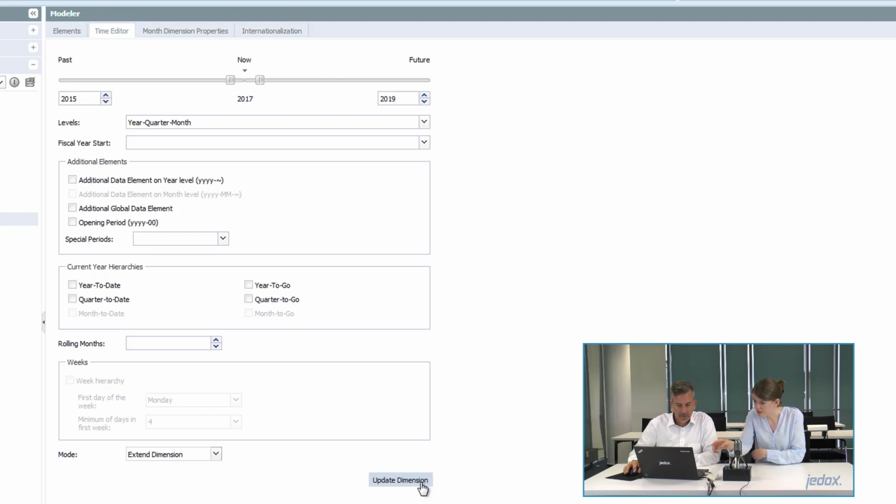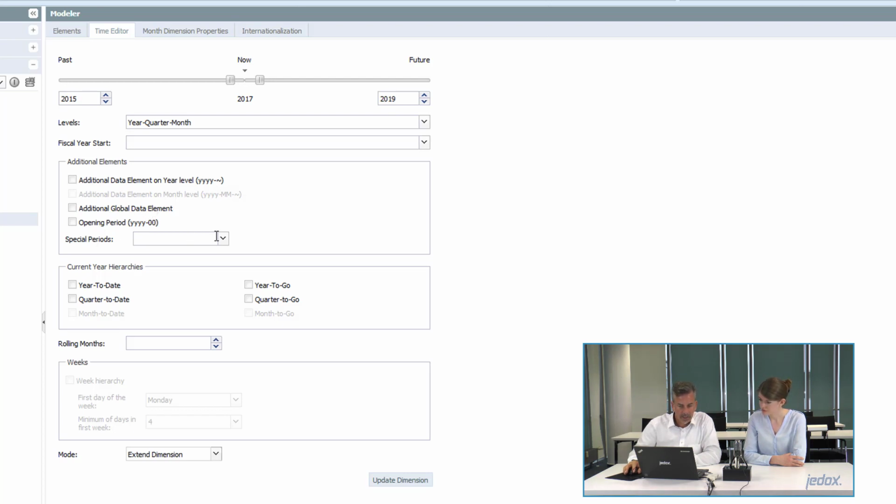And what about all these other things, though? There's also a lot going on this screen with additional elements. What is some of this stuff? So there are a lot of possibilities here to extend your structure. We have the month, quarter, year elements by default. Additional elements could be a dummy element, so data that is only carried on an annual level, but you don't want to spread it across multiple months, or you have an annual data entry point where you store annual values later for budgeting planning, for example,